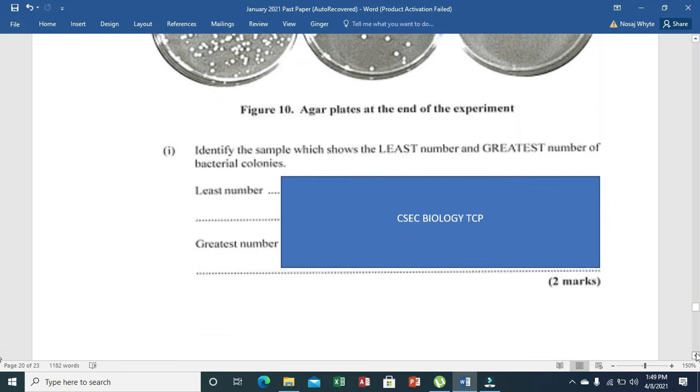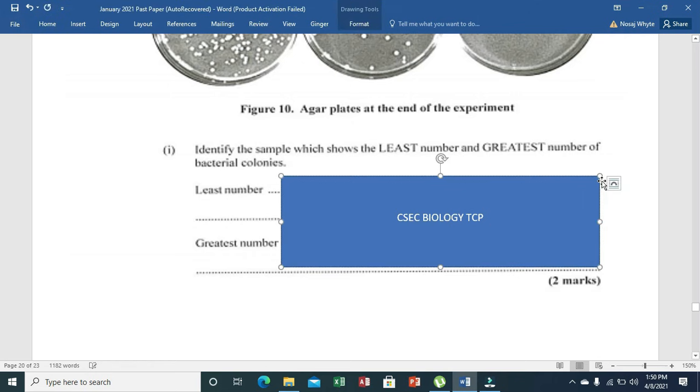Let us look at this. Identify the sample which shows the least number and greatest number of bacterial colonies. Now let us look at this. I did say it earlier, so A is going to be my answer for the